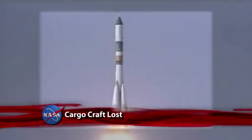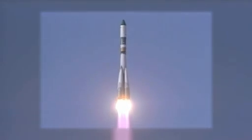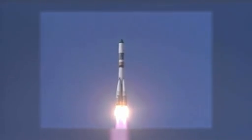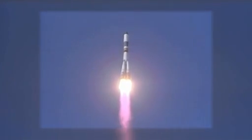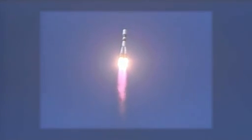The Progress 44 spacecraft, seen here launching from Kazakhstan for the International Space Station, failed to reach orbit after the vehicle commanded itself to shut down an engine almost 6 minutes into flight. Following the 320th second of flight, there was a failure in the first stage of the launch vehicle. Our Russian colleagues will immediately begin to assess the data that's available to try